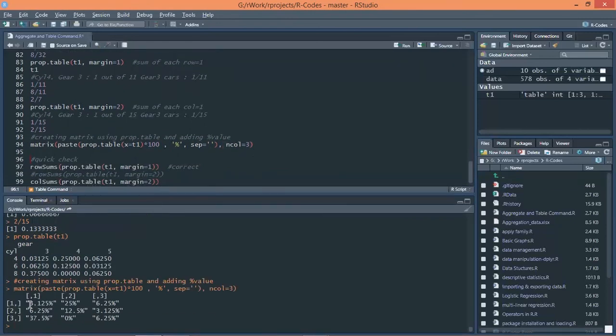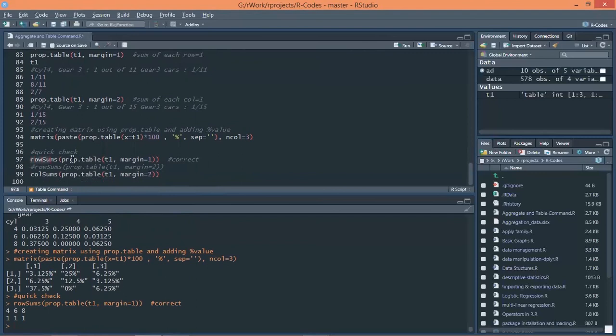So you see, earlier when the table was in proportionate form, it was 0.03125. Now it is 3.125 because we have multiplied it with 100 and added a percentage sign to it. What I am doing in this function is a quick check whether the proportion table is giving me the correct output or not.